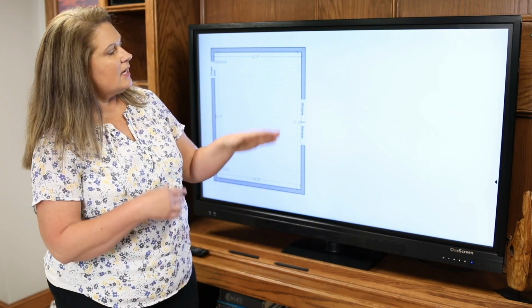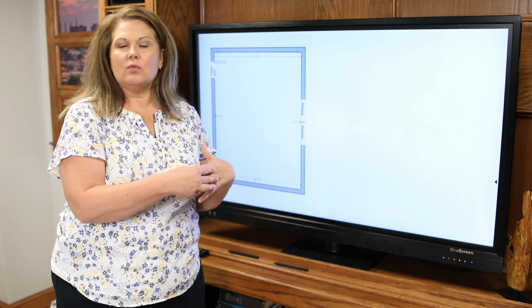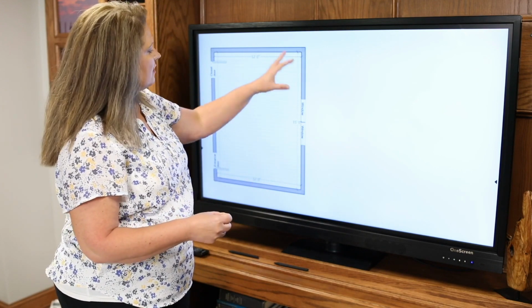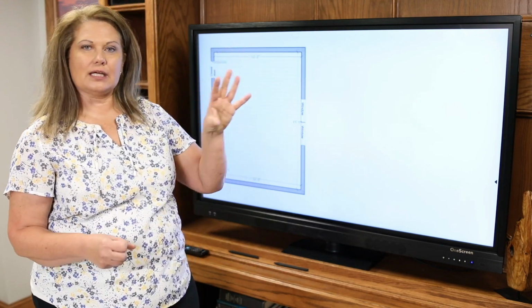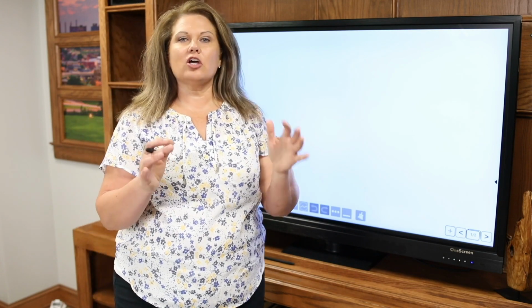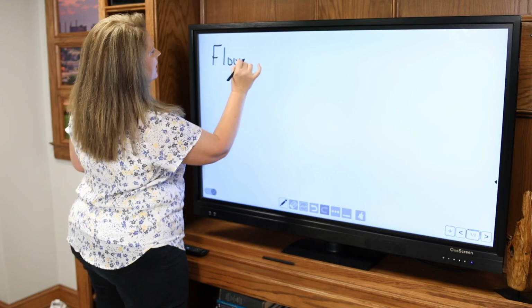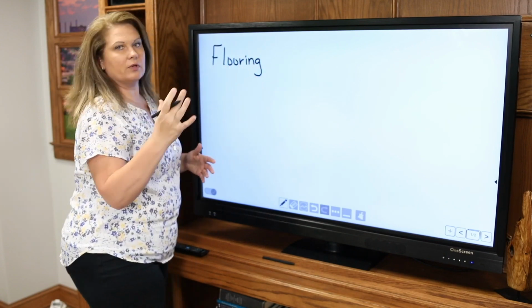Now, before we continue to figure out how much of our best buys we need, we need to figure out what our flooring dimensions are. We've determined the best buy for the hardwood floor and for the carpet tile. Now let's take a look at our best buys and determine how much of each we need. And maybe that will help us decide, do we want to use the hardwood floor or do we want to use the carpet tile? So if I'm remembering correctly, and I'll call the hardwood floor flooring,